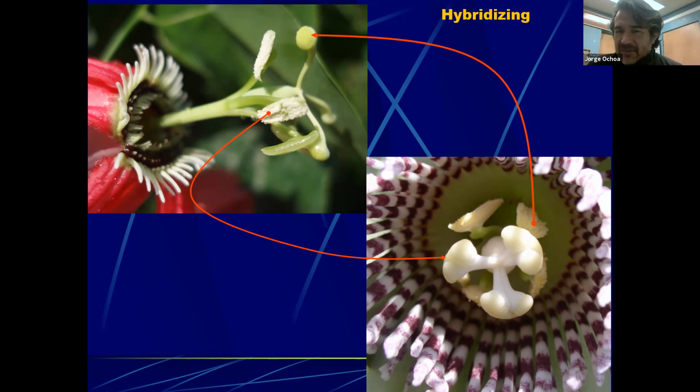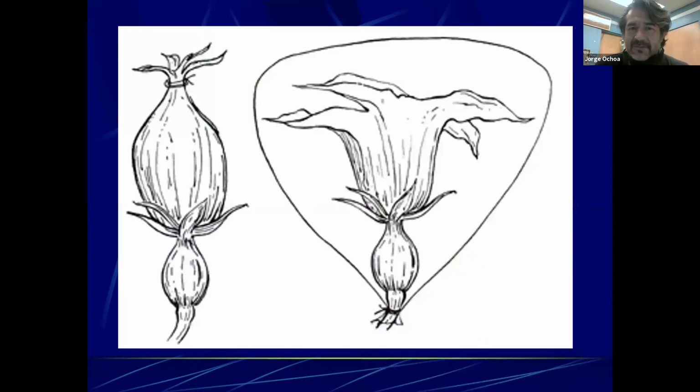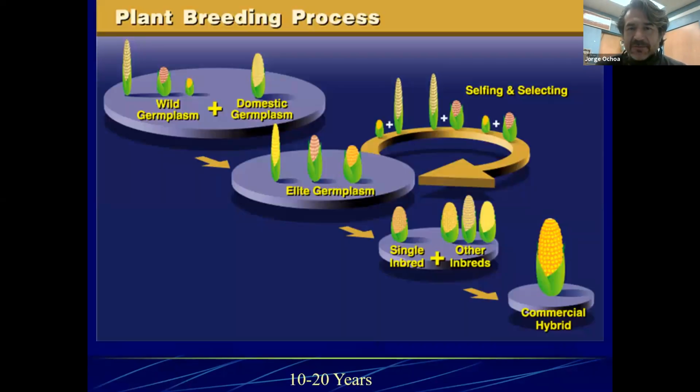And so here is just a quick example in the passion flowers. And there are going to be some steps that you may need to take. Obviously, we don't want bees to go in there and bring pollen from an unknown source. And so it may be necessary to either close the flower to prevent insects from going in there, or put a bag on the flower so that it prevents an insect from bringing the pollen from an unwanted individual, because now you have no control. And so that is kind of the process that leads into the creation of new plants.